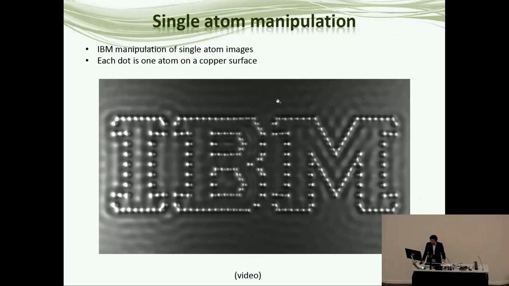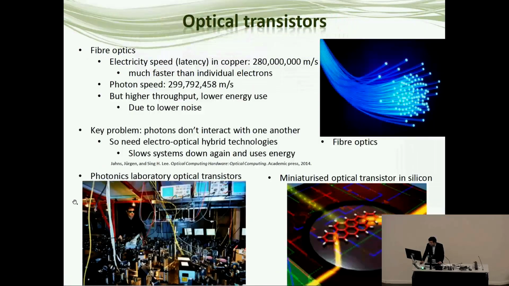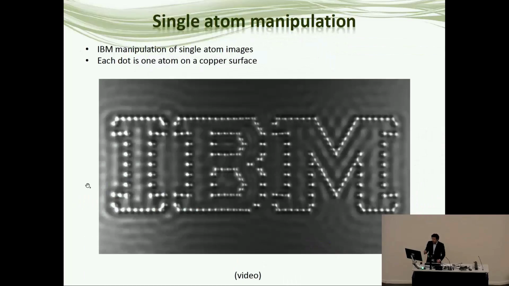This is an example of single atom manipulation performed by IBM, which I was hoping to have a video of, but I don't. I'll just show you the screenshot. These dots are individual atoms laid out on the surface of a piece of copper by IBM researchers. So IBM's developed the technology both to move these around and put them where they want, and also to image them,